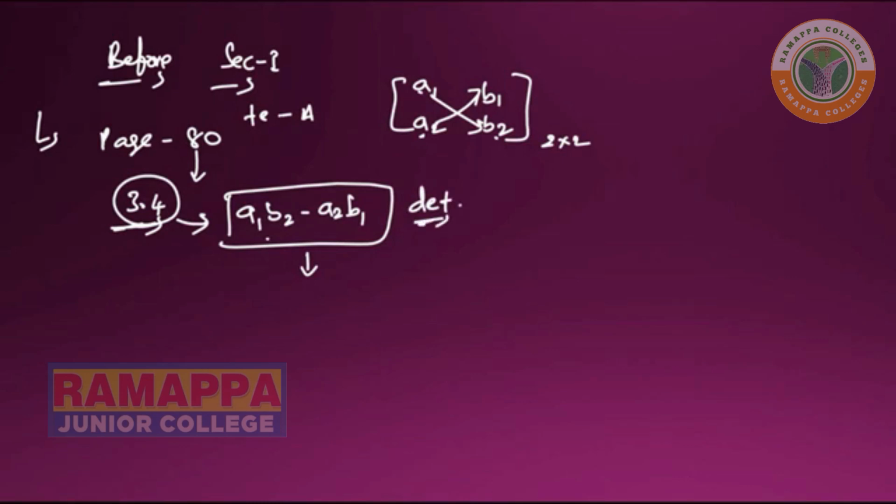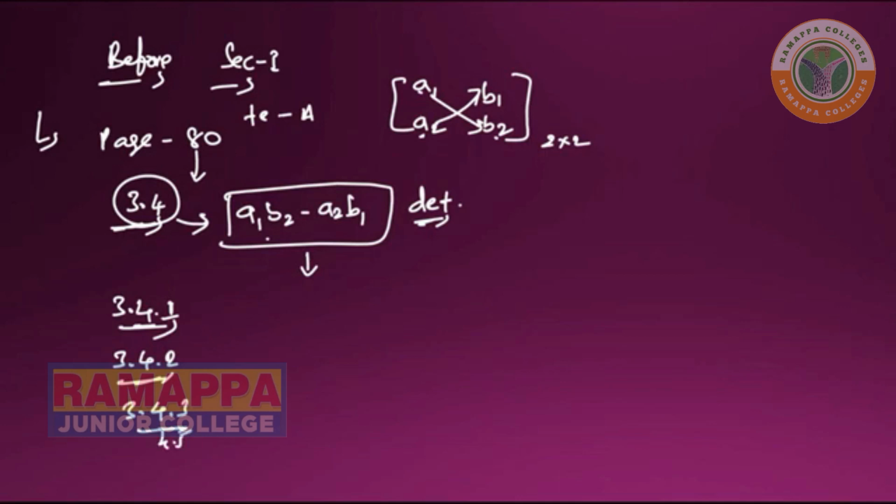After that, 3.4.1 is the minor definition, the minor of an element, which is important. 3.4.2 is also important, please practice those things. This is the cofactor. After that, some examples are given in 3.4.3, and you have to do those examples. That is also very important, and 4.5 is also important.